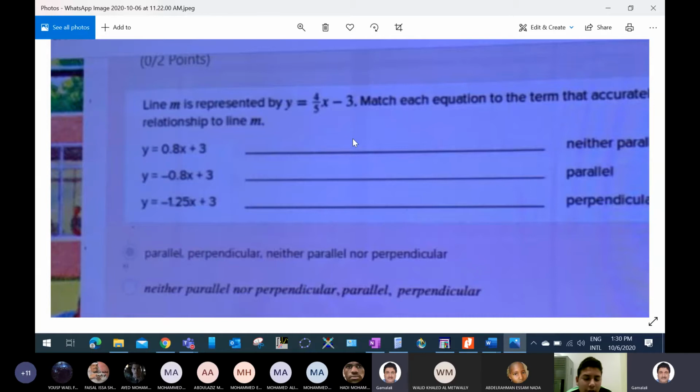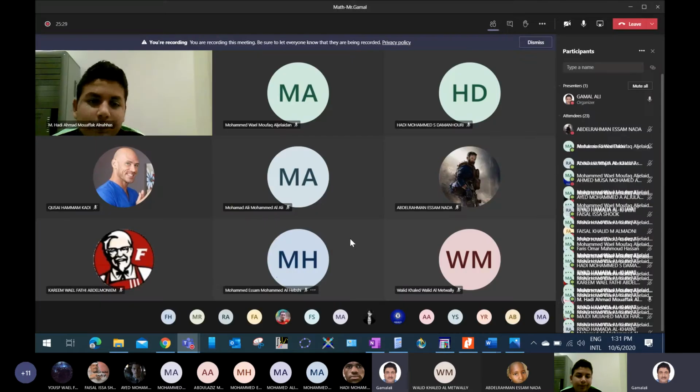We took it. You don't know how to find the slope if you have the equation y equals 4 over 5x minus 3? I think so, sir. You should make the... For example, Muhammad Hadi, I am discussing with you this problem. If I told you 2.5 multiplied by 6.35, if you don't know how to multiply it,